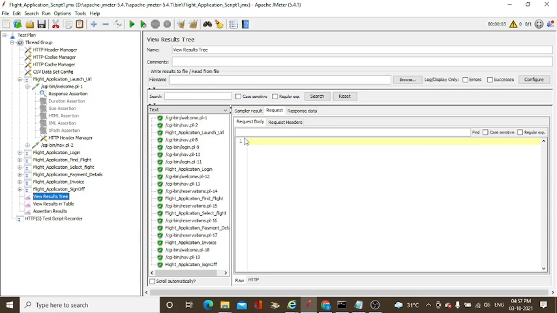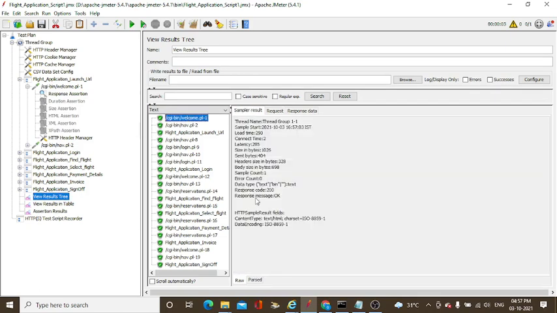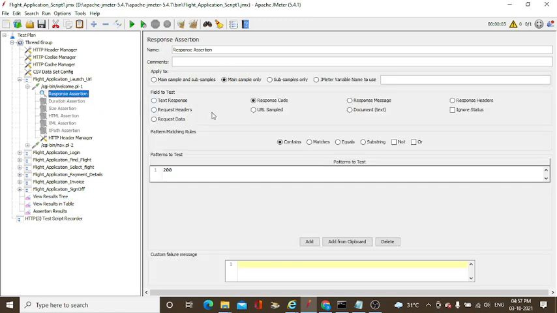I will go to the view results tree, go to the welcome page, the general results. Response code is 200. Okay, I will go to the response assertion. I select response code and the content. You can match anything, so I will provide 200. The 200 is successfully matched, so the request passes, otherwise it will fail. Not only this one, there are so many elements. You can see main sample and subsample, and JMeter variable names. That is a different story; I will explain it later.